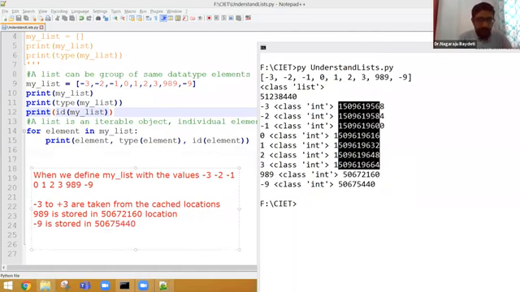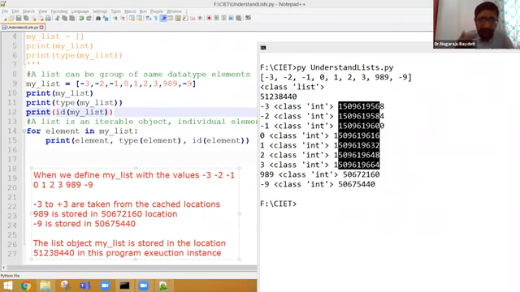But the list object, my list, is stored in the location 51238440 in this program execution instance.